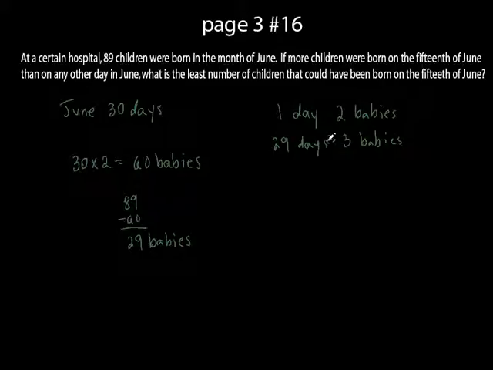Do you see that? I got 29 days where I got 3 babies born, one day where there's only 2 babies born, but on one day of that month, there's got to be more babies born on that one day than any other day. So what I'm going to do is this. Let's take that one day, the 15th, and take